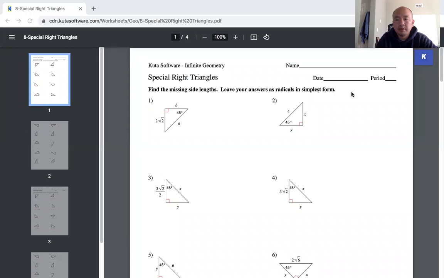Okay, so there's two different types of special right triangles. There's a 45, 45, 90, and then there's a 30, 60, 90. And so this first one is the 30, 60, 90 here. And what you need to know in these triangles right here are 45, 45, 90. And in the 45, 45, 90 degree triangle,